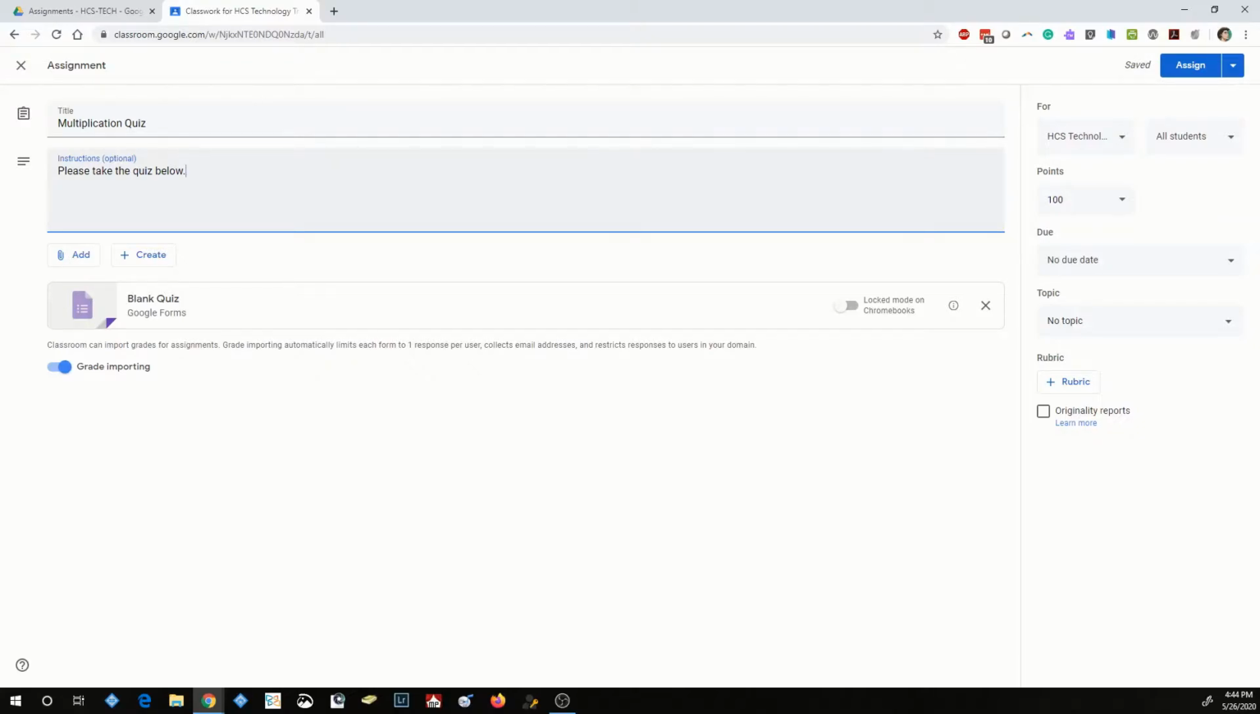If there are reference files or reference documents that you want to add for this assignment, you can click on the Add button here and add them from Google Drive. You can link them, you can upload a file, or you can link a YouTube video, or you can create a document right from here. By clicking on the Create button, you can create a Google Doc, a slideshow, a sheet, a drawing, or a